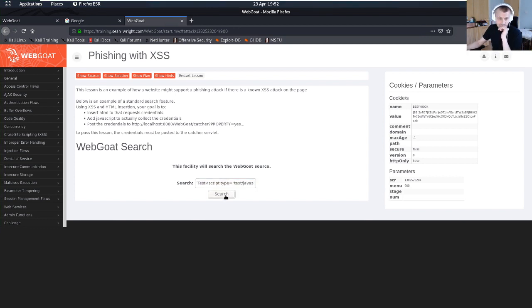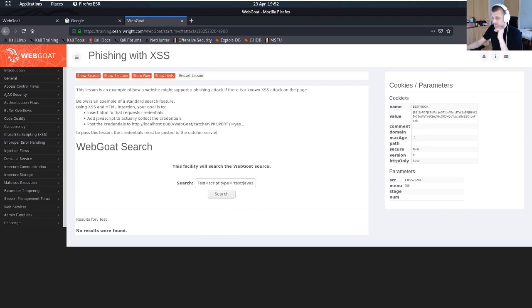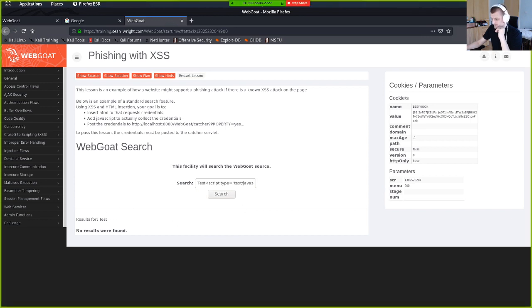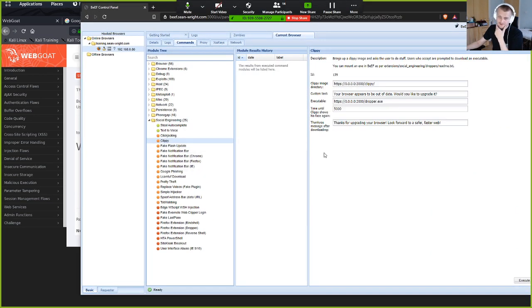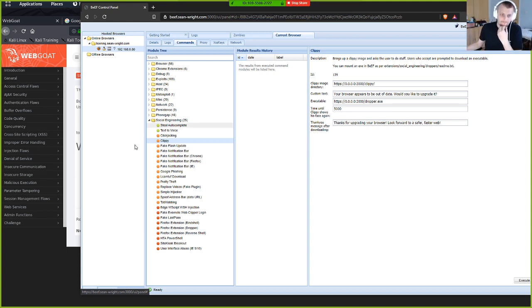Copy that now. Okay, so hopefully I am back hooked. All right, I'm just going to do this Clippy because this one actually works. I probably didn't have the right images in that. So if we execute this now